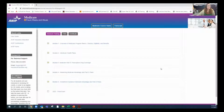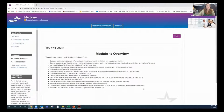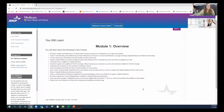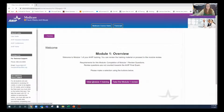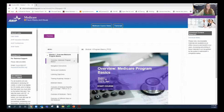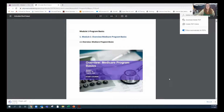So there are 2 ways really to focus on the AHIP. The first is for those of you who are new to Medicare. The AHIP is a great resource for information. So take the time, click on these modules, and read through the information that's being given to you. You will see as you get in there in the module overview that you can go into the actual trainings. You can click through each of the slides, and you can also download the slides. Here on the right side of your screen, it's just a simple button. You click download, they will pop up, and then you'll be able to download to Adobe,